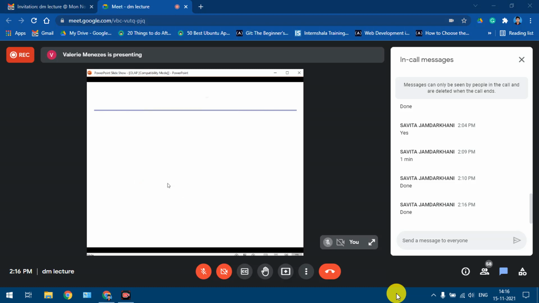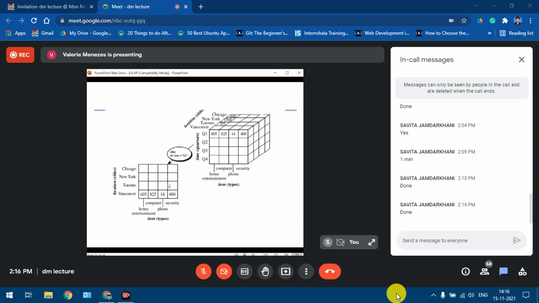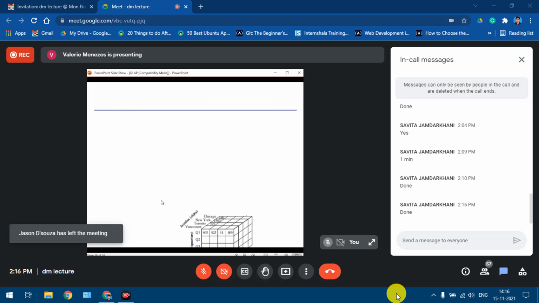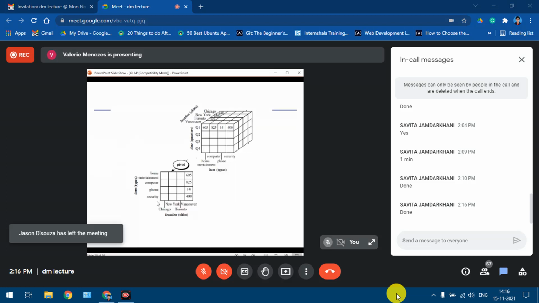In the slice operation over here, we had Chicago, Vancouver, the cities on the y-axis and this on the x-axis. So we just rotate the view. Okay, pivot just rotates the view. If we rotate the view, on the y-axis we have the item type and on the x-axis we have the cities. That's the only difference. It just rotates the view. Okay, that is a pivot operation.